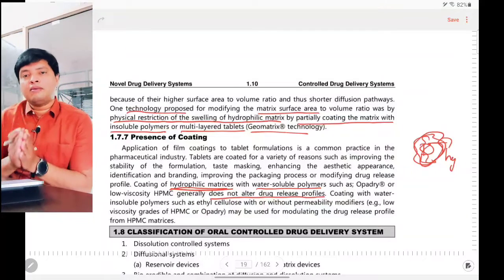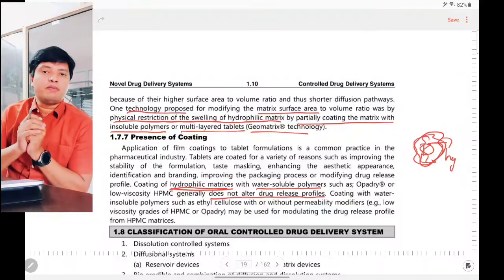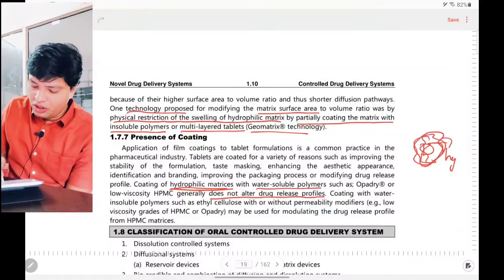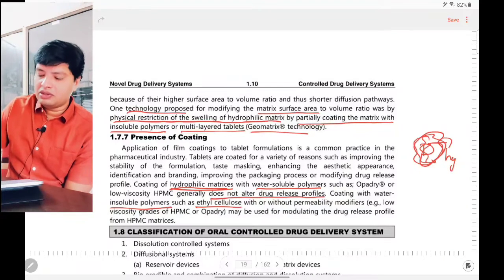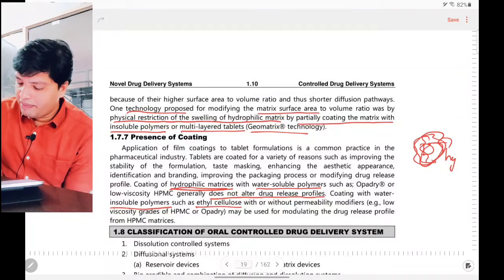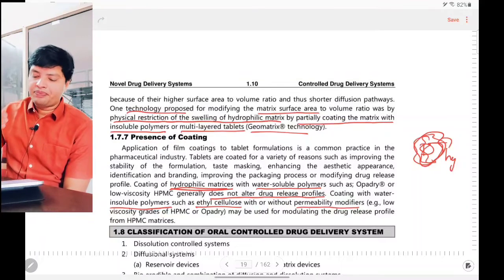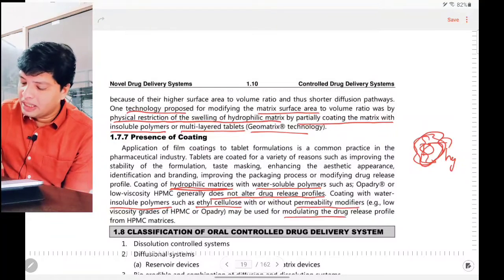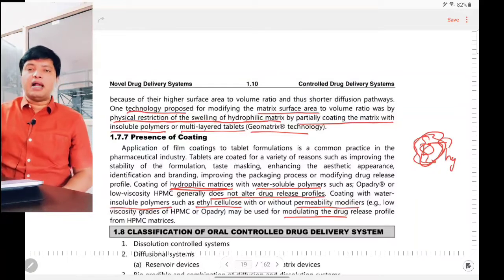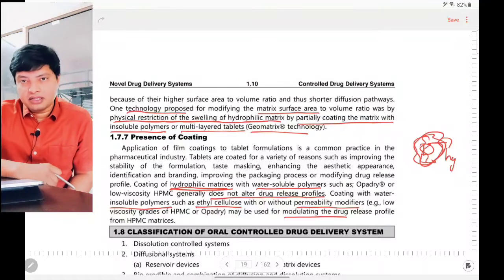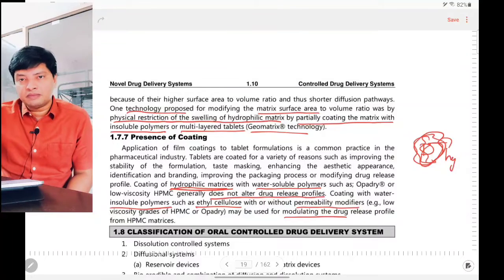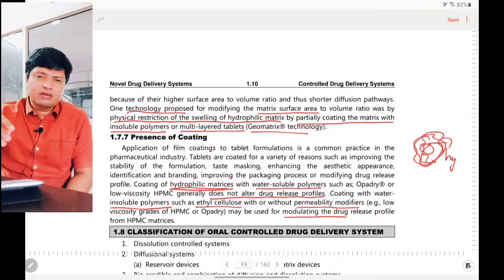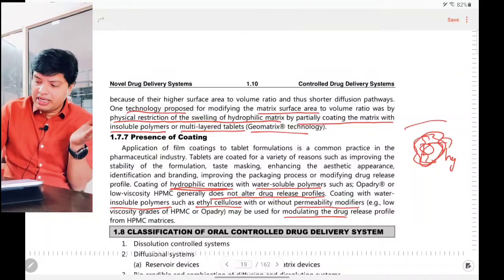Coating of the hydrophilic matrices with hydrophobic polymer will have retardation effects here. Coating with insoluble polymers such as ethyl cellulose, with or without permeability modifiers, may be used for modulating the drug release profile from HPMC matrices. HPMC is a hydrophilic matrix. If you coat that HPMC with hydrophobic polymer, it will have a retardation effect, because obviously the outer coating itself,